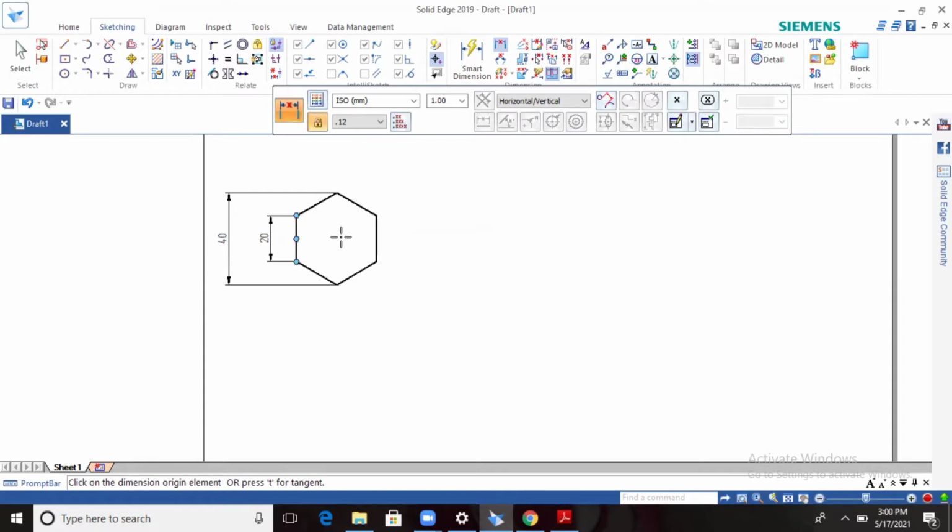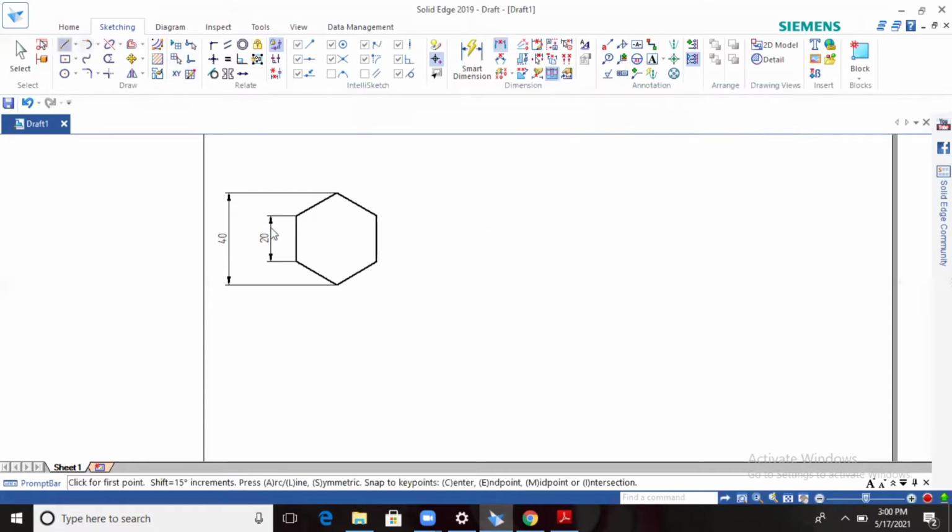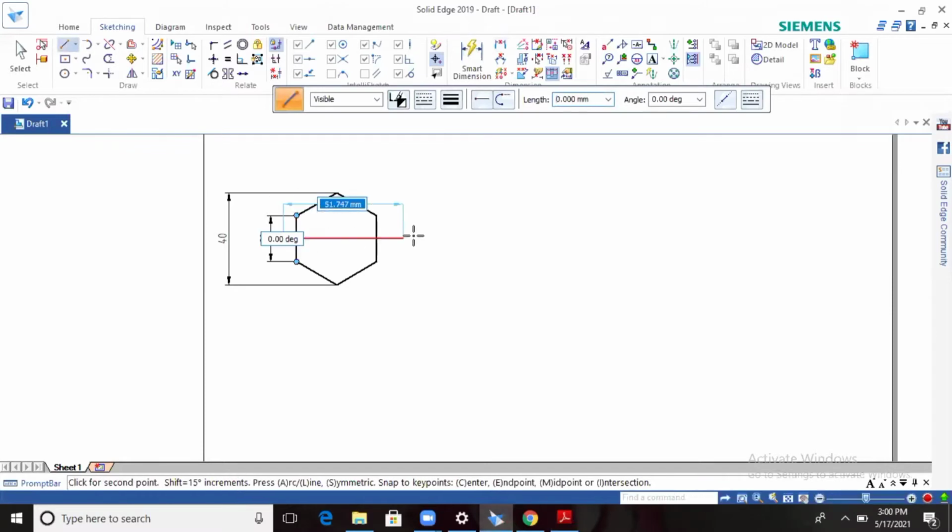Okay. So next I will draw the line exactly from the center. Just I will draw the line here. Okay. This is the axis line. Okay. And inside, another circle you have to draw. Okay.